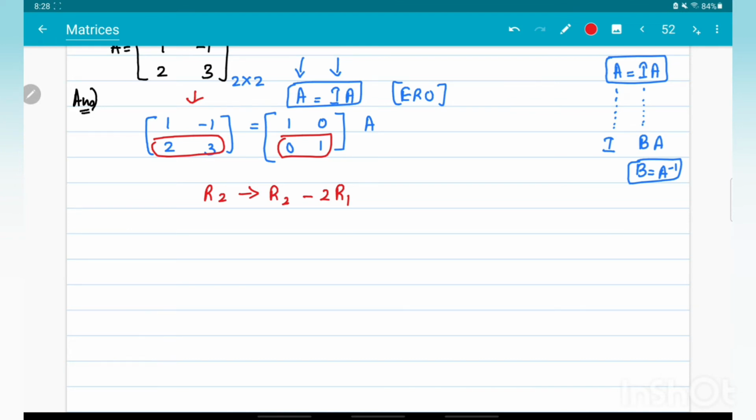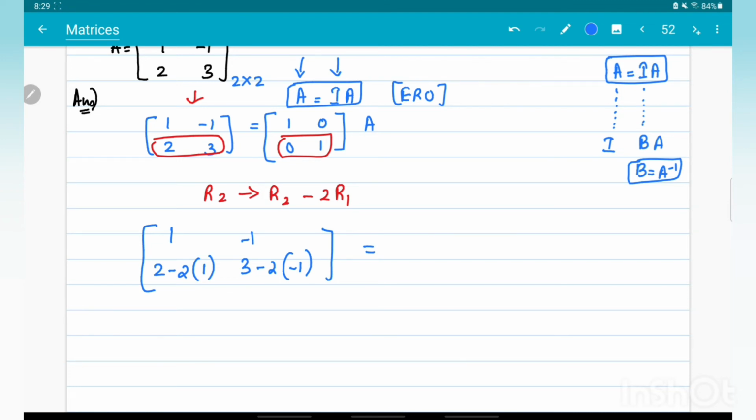So what I'm going to do here is the row 1 elements will remain as it is. Now the row 2 will become the row 2 element minus 2 times of row 1. Corresponding row 1 element here is 1. Okay, then in place of 3 we are going to write 3 minus 2 times of corresponding row 1 element, that is 1, minus 1. Okay,